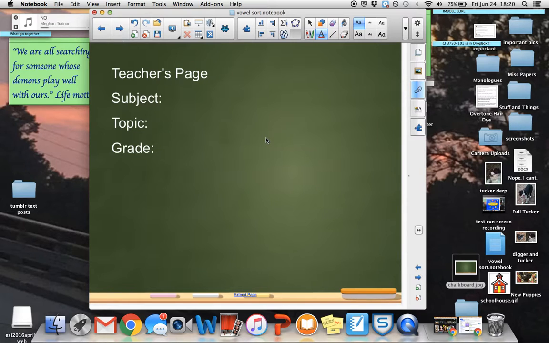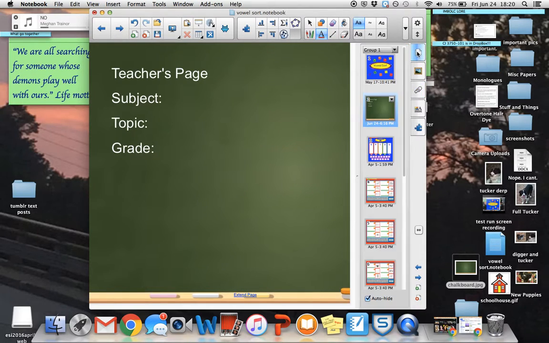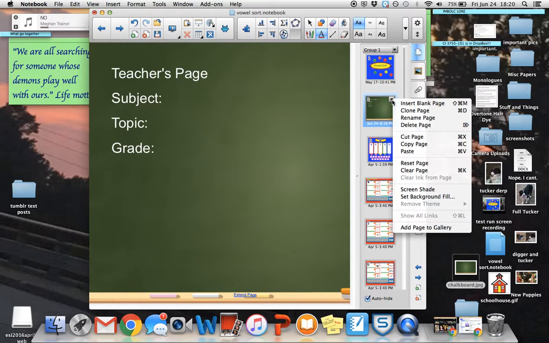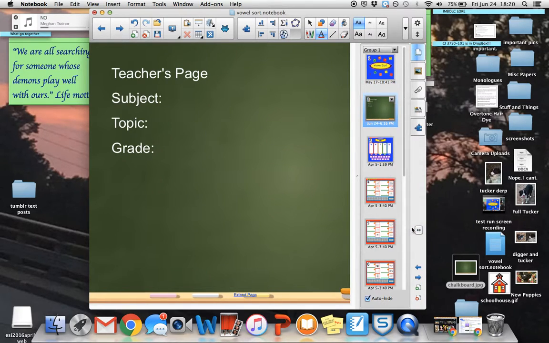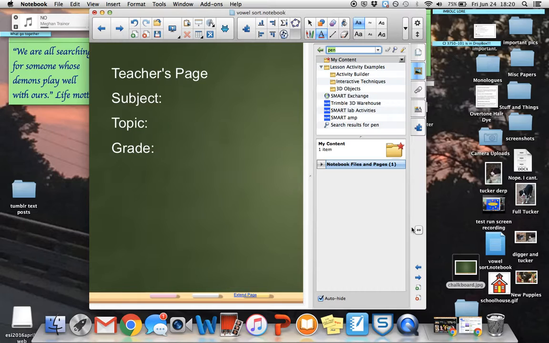But if you really like, for example, I really like this, I want to use this teacher's page over and over again. So I'm going to go to my page sorter and I'm going to click on this little arrow. And it's going to have this little thing called Add Page to Gallery. Okay? So it may look like it's disappeared and you don't really know what I'm doing,